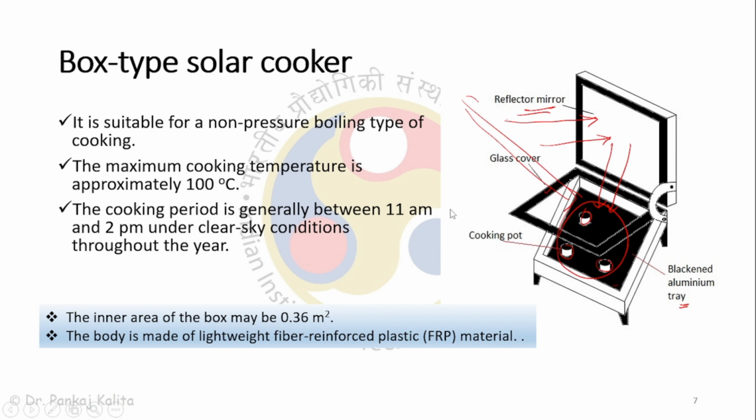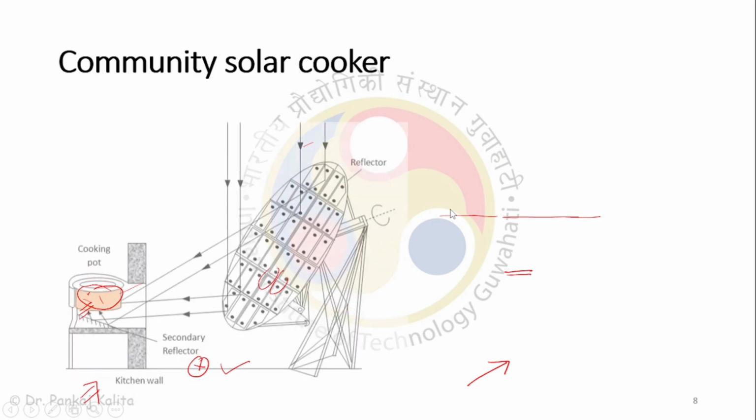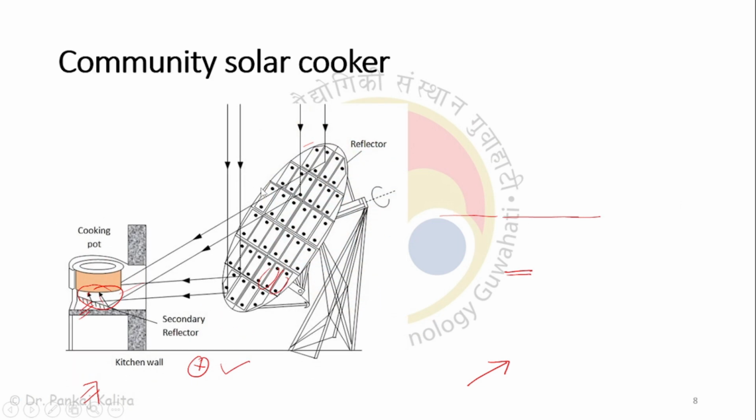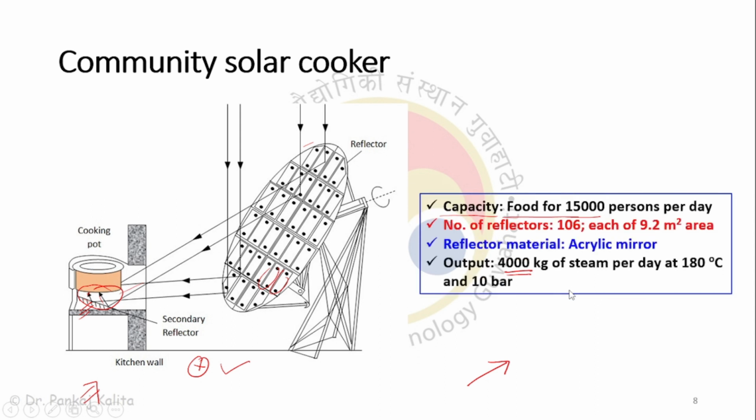But now a parabolic or circular disc based collector has been used for the cooking pot. So now a lot of advancement has been done. Much higher temperature can be achieved, and then cooking can happen at a much faster rate. So yeah, you can see, earlier it was food for 4 to 5 people. Now food for 50,000 people per day can be prepared.